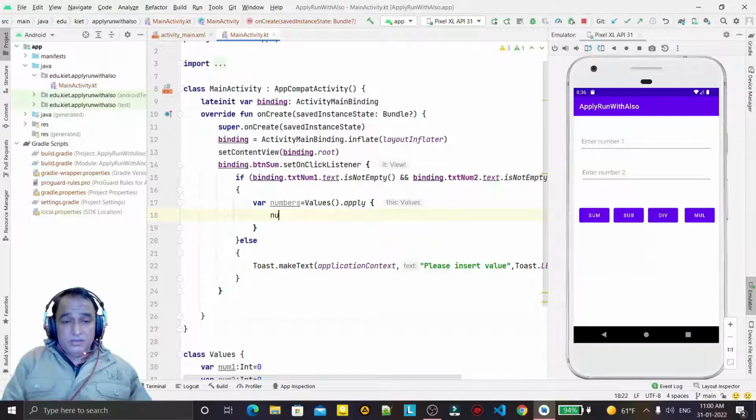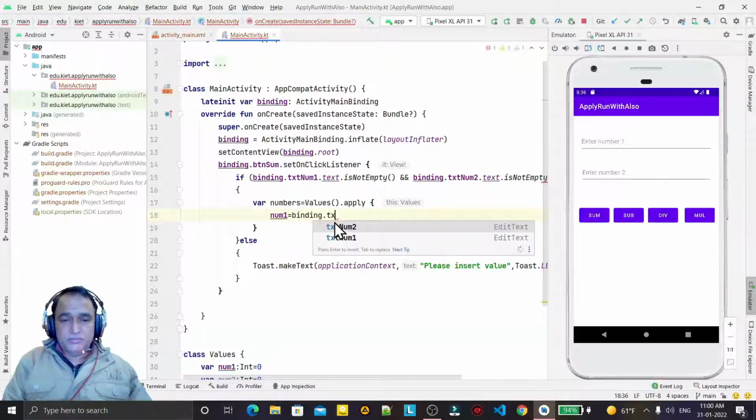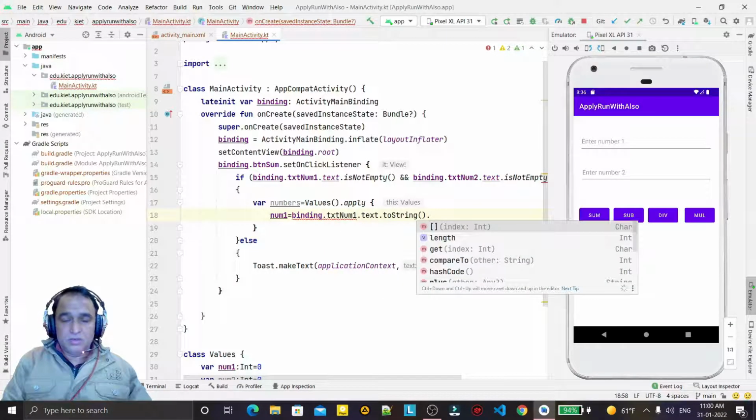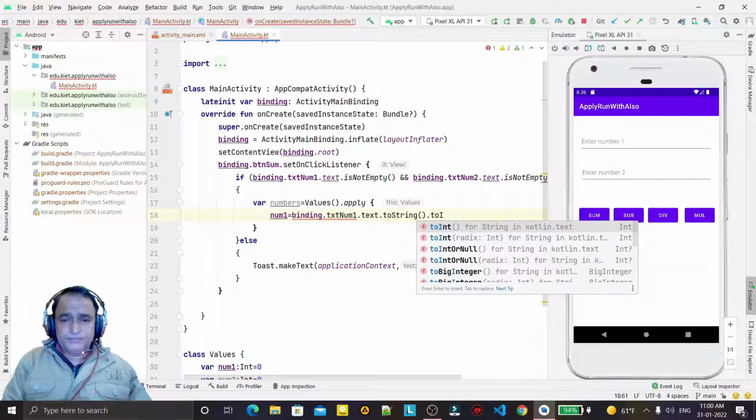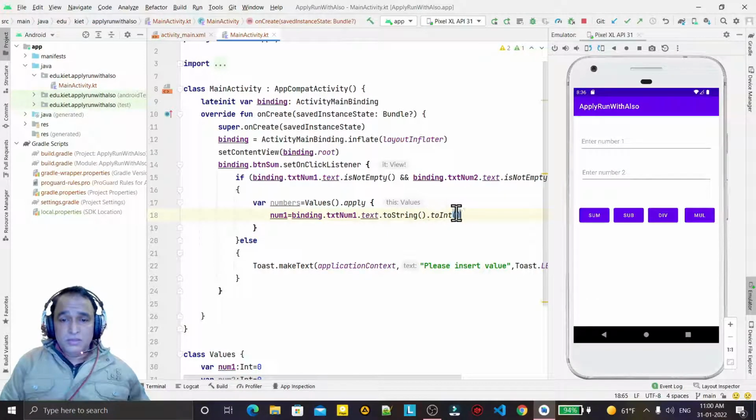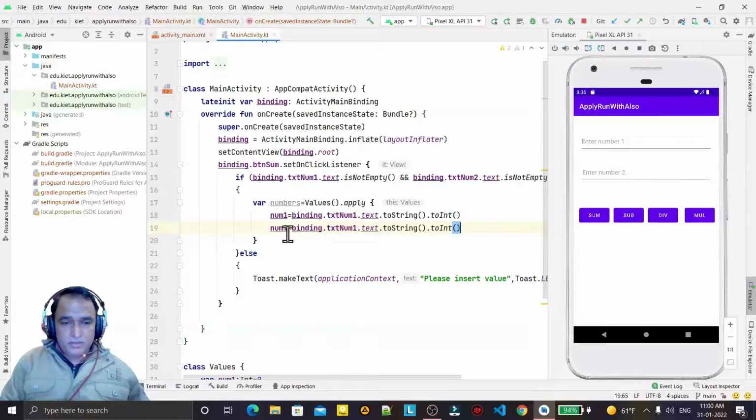So I say num1 equal to binding dot text num1 dot text dot toString dot toInt, like this. Again I just copy this one and change it to num2 here, and here also num2.